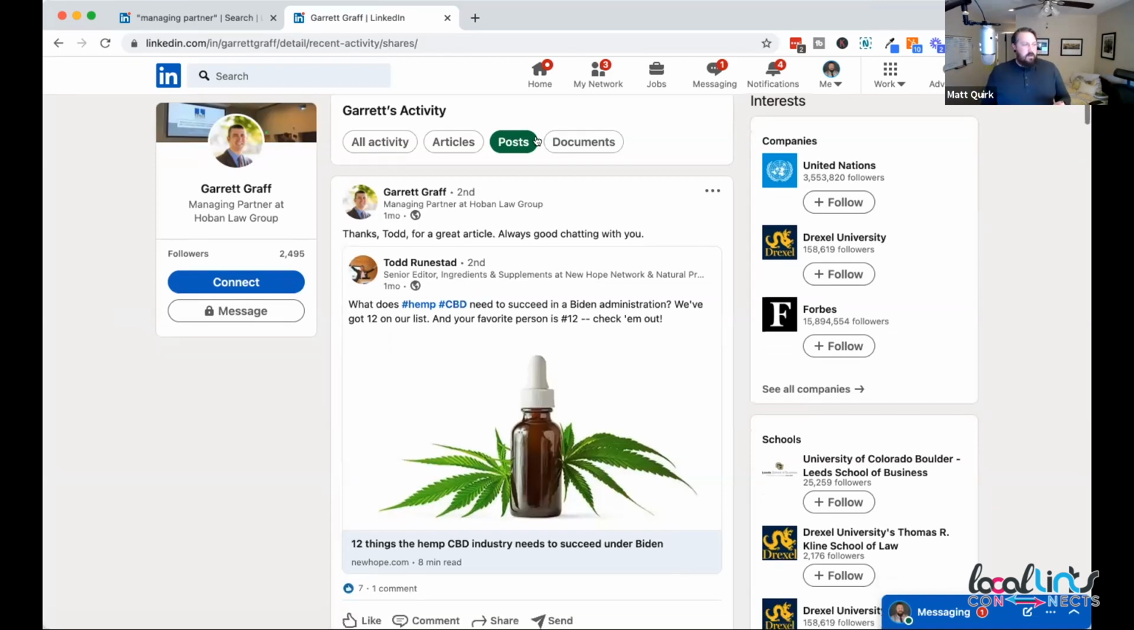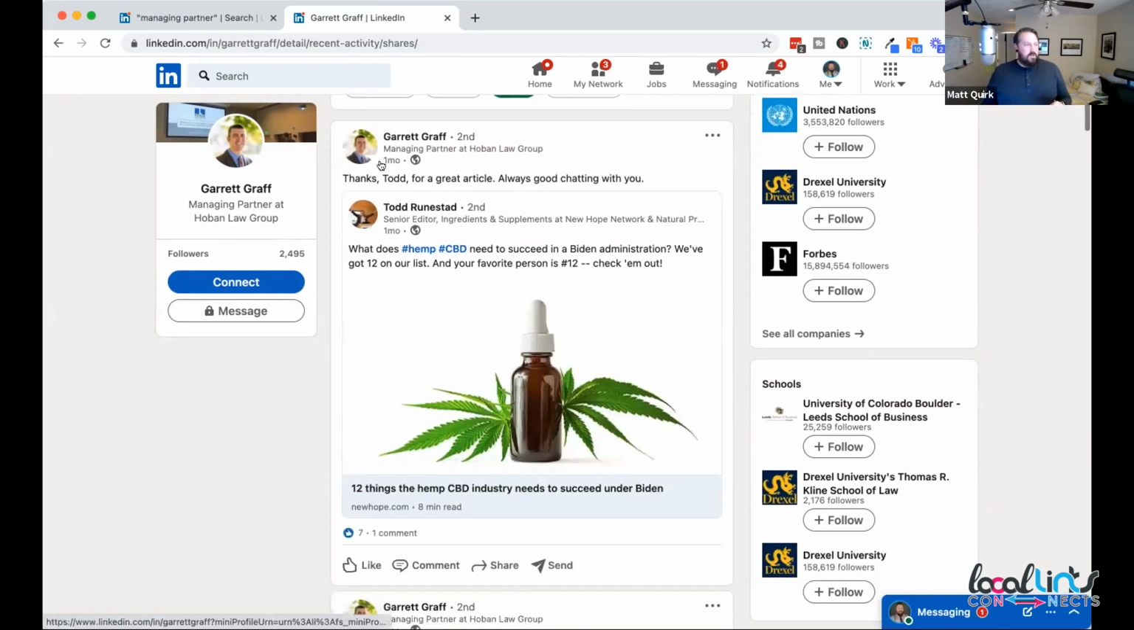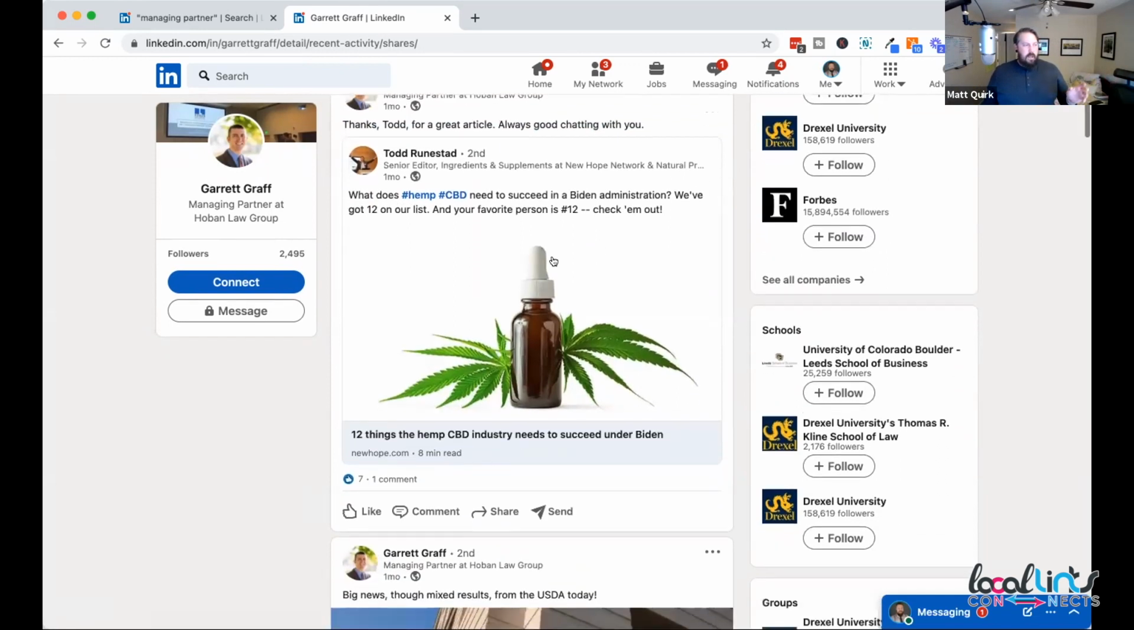And so I filter it to their posts. And so he's already reaching out and saying, thanks for this great article. I might actually go in and read that article and then leave a comment on this post that he made and say, hey, I totally agree. This was a great article. I really loved this thing. So that's a really good way of sneaking into this person's world and building a little rapport